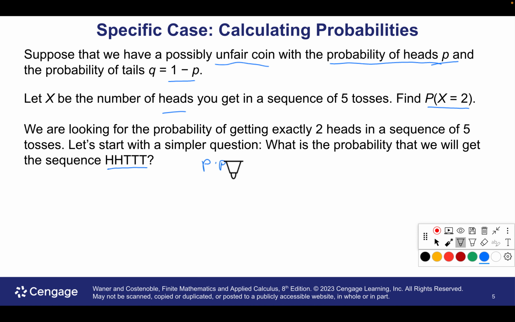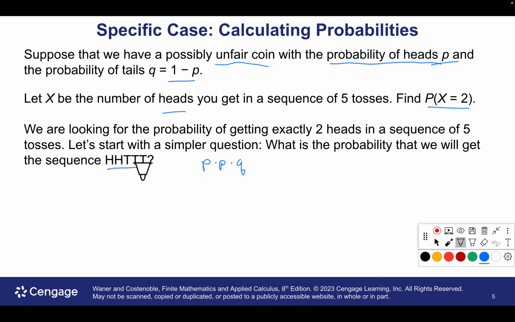And this is the multiplication rule, because that's how we do those tree diagrams. We multiply along each branch. So this takes us right back to Bayes' theorem, what we were doing. Same thing. Then we get a tails. So what's the probability of a tails? Not P. 1 minus P. Or to make it brief, you could put Q. You could do either one. We could put 1 minus P, and it'll be accurate.